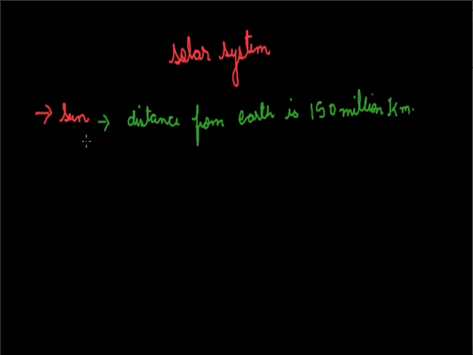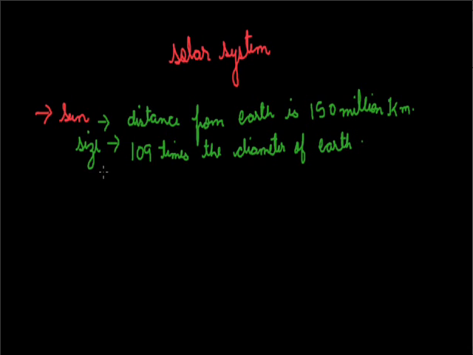Now we will discuss the size of the sun. If we talk of size, the diameter of the sun is around 109 times the diameter of the earth. And its mass is